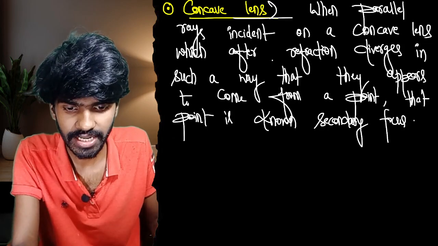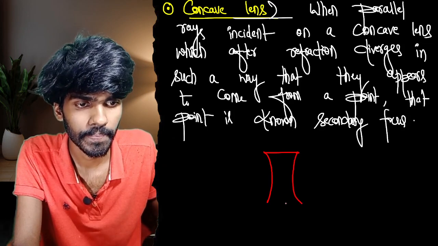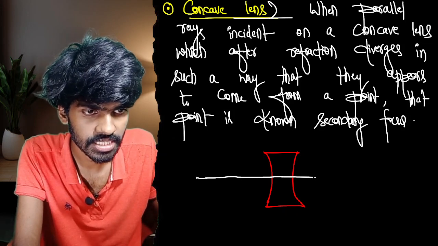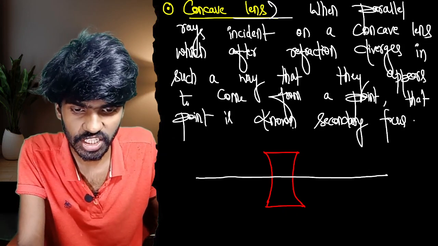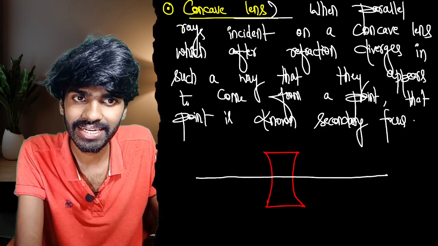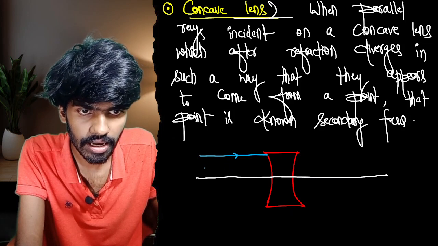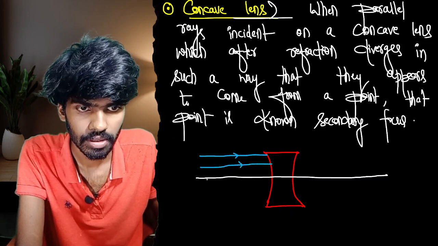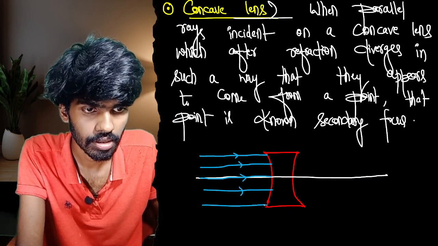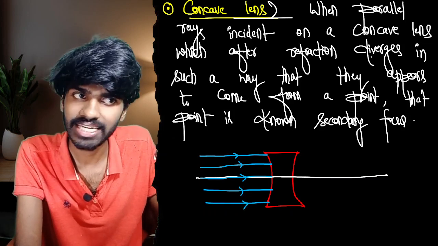So what we have, let us discuss it in further detail. This is a concave lens, and again, let's draw its principal axis. So what does this definition say? It says that when parallel rays are incident on a concave lens, meaning parallel rays are getting incident on this concave lens, like this I'm drawing, which after refraction diverges. You know that